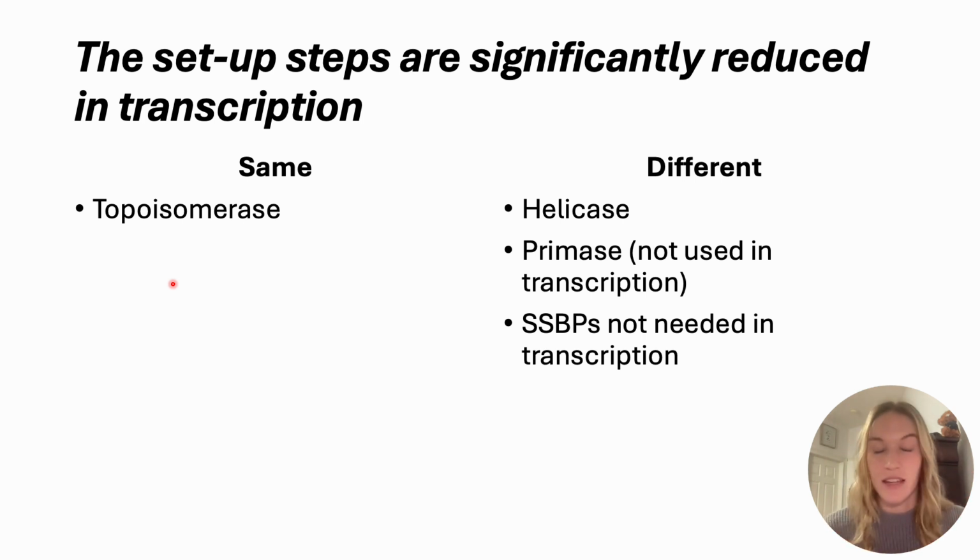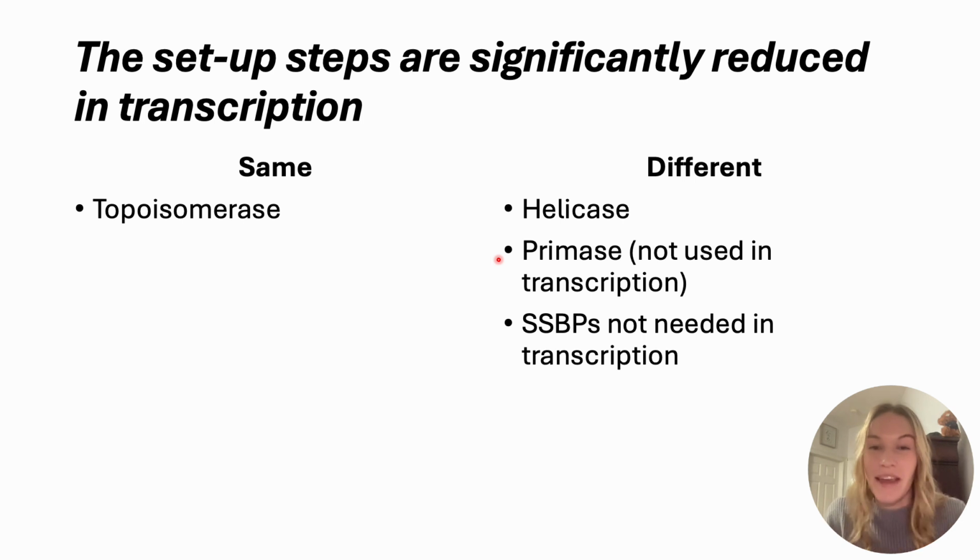But there's some different things as well. There's not a true helicase. Now there's helicase activity, of course, because you have to unzip DNA, but it's not a true helicase, or at least not the same helicase as what you see in DNA replication. There's also not a primase. Remember that primase is an RNA polymerase, and we just don't have a DNA polymerase that can start DNA replication. So you have to use primase. You have to use what you've got.